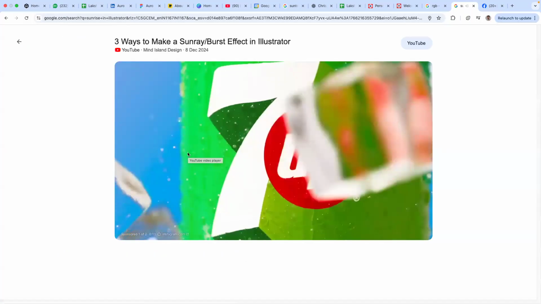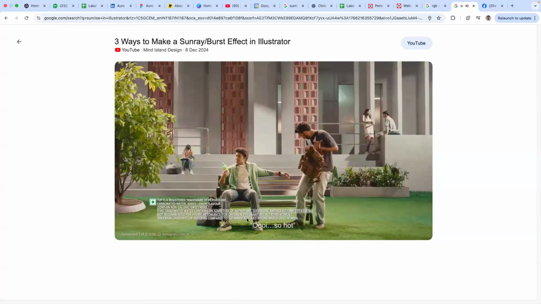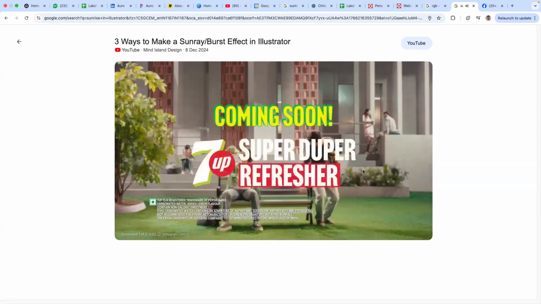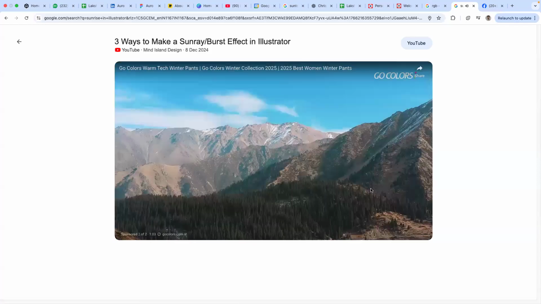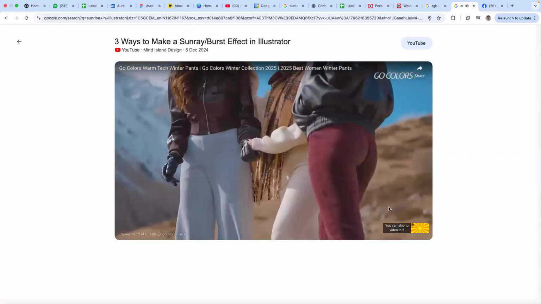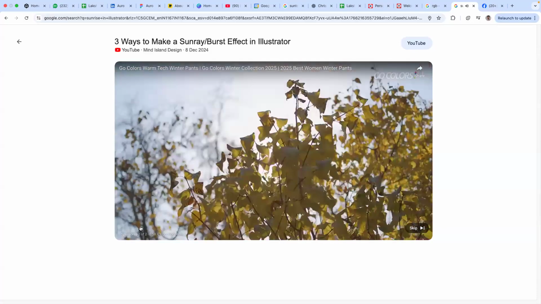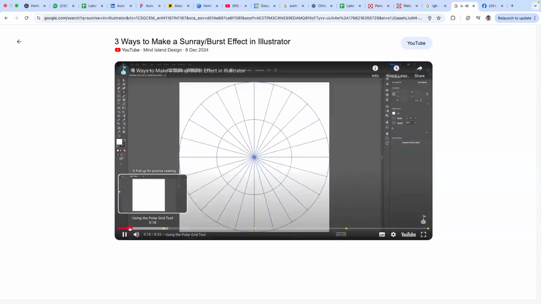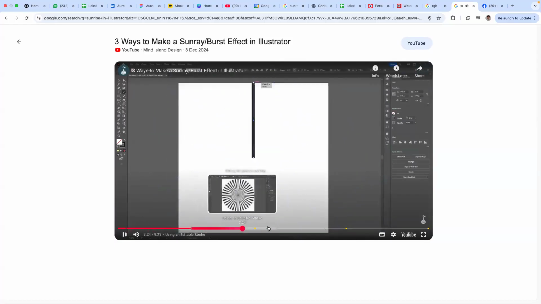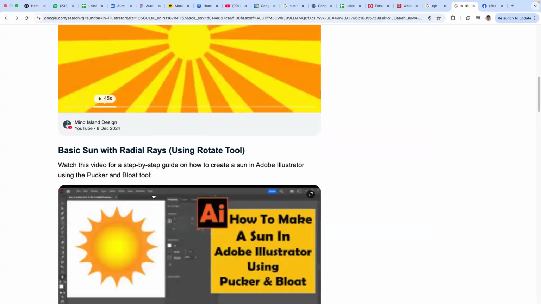We'll see some tutorial. So weak, so hot, Naveen. Refreshing. Take the rectangle tool, and you can probably use the polar grid tool. And now I will just drag from the